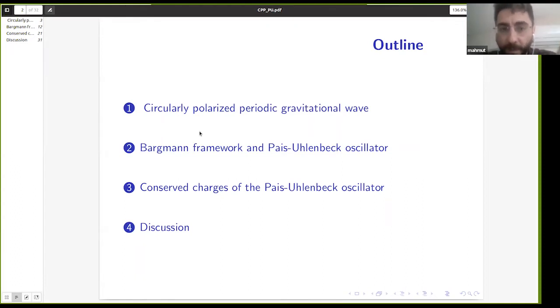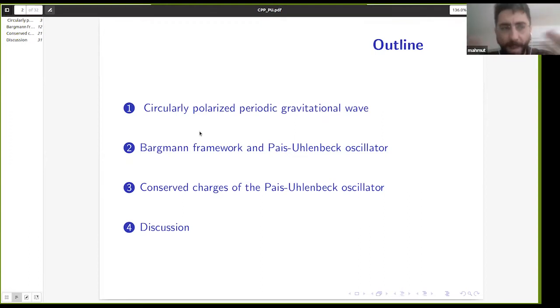I will give you a correspondence between this circularly polarized gravitational wave and a non-relativistic motion which can be embedded in this gravitational wave. So, the Bargmann framework, let's be a bit more specific. Let's consider a four-dimensional gravitational wave. This Bargmann framework gives you, for instance,